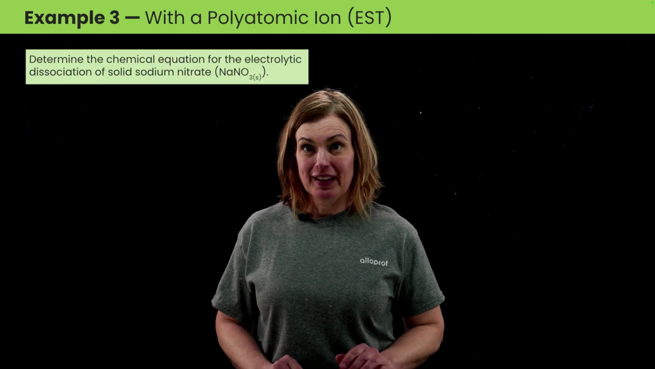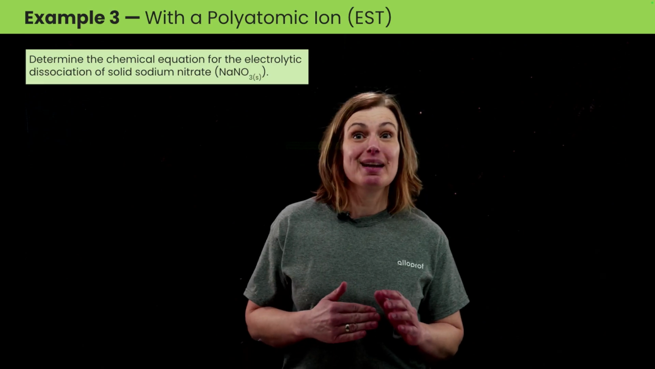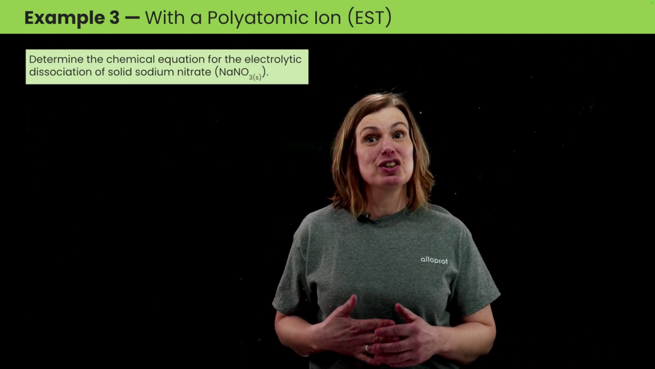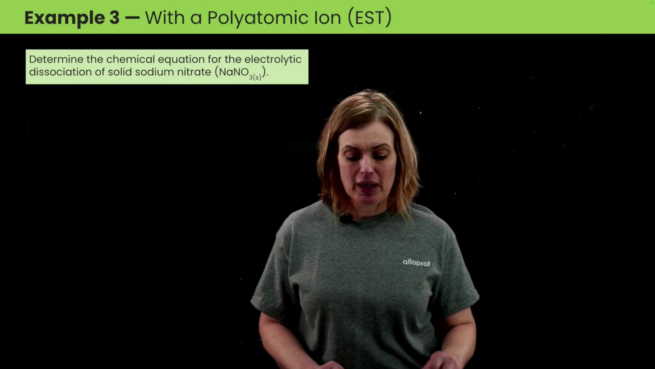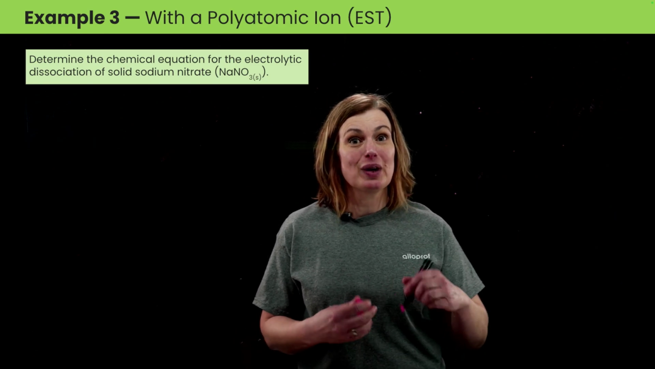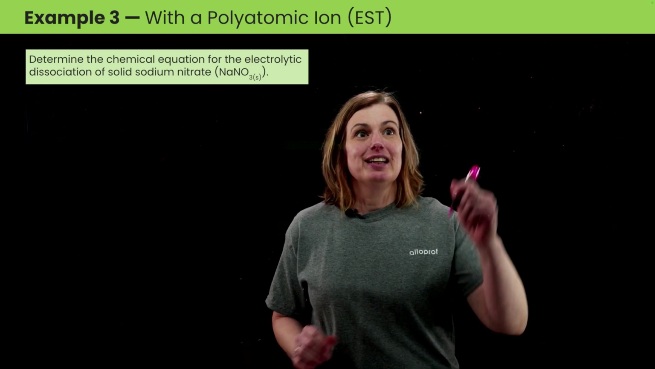We're going to be doing an example of how to write a chemical equation for an electrolytic dissociation. This time we're going to be determining the chemical equation for the electrolytic dissociation of the solid sodium nitrate, or NaNO3. The first thing I've got to do here is, of course, write the electrolyte in question, which is